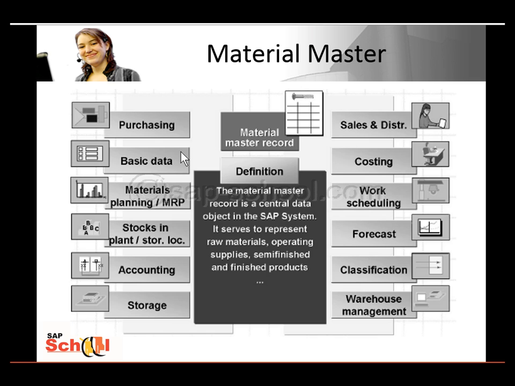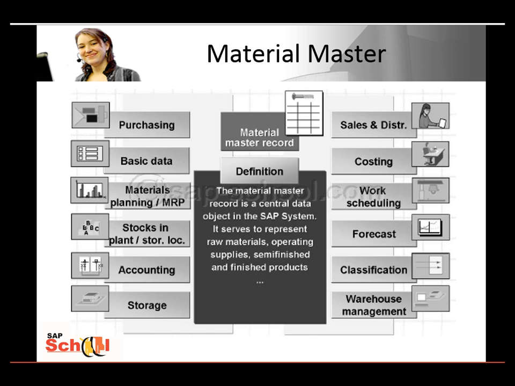The material master is a central data object in the SAP system, and a large part of MM, which is materials management, is involved with setting up and transacting with the material master. A material has several views: purchasing, basic data, MRP, etc., also called maintenance status. So the maintenance status, or a view of a material, is a key showing which user departments have already maintained